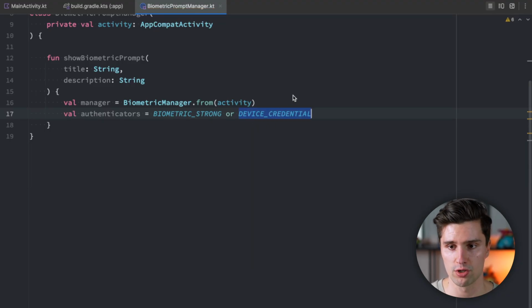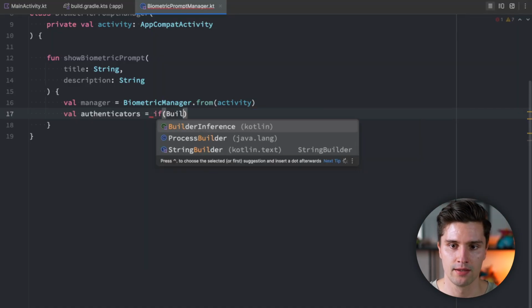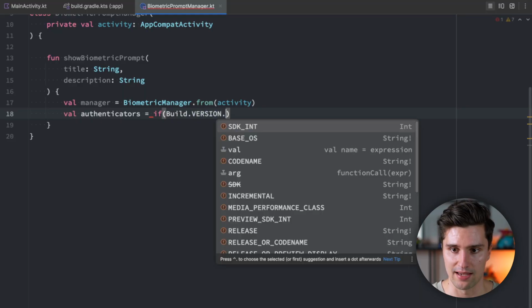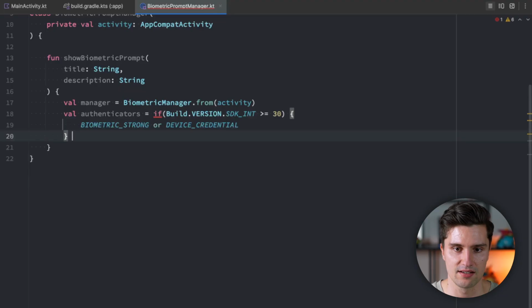So DEVICE_CREDENTIAL would strictly not actually be a biometric authentication, since biometric is about you as a person and not something you know, like a device pattern. But by including this, we would also give the user the option to choose their device pattern over the fingerprint. However, this combination of having strong biometric prompts, which would be a fingerprint or Face ID, and device credential, is only available from Android API level 30. So let's check that. If Build.VERSION.SDK_INT is at least 30, we want to pass these authenticators,